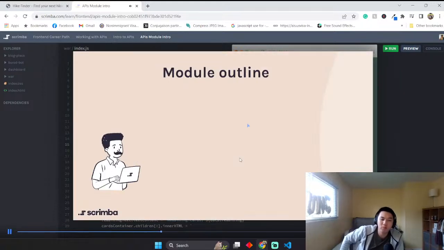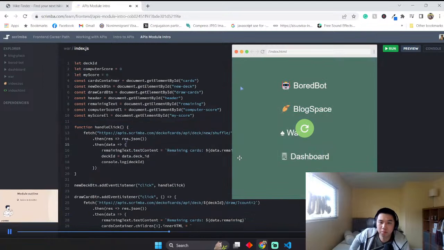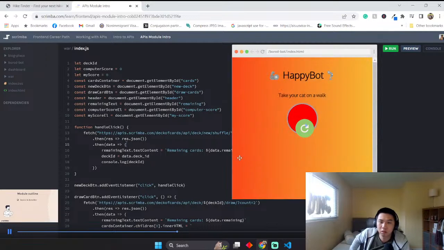We're going to start with just some of the very basics, and we're going to use those basics to help us build an app called BoardBot. And BoardBot, which you can see right here, is simply a button that when you click it, it reaches out to an API called the Board API, and it gives you an idea of something you could go and do. Now, it may not seem like much, but this is going to be our introduction to interacting with an API. Next,